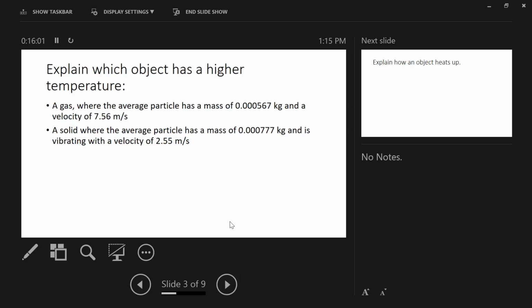It is 7.56 squared times our mass, which is 0.000567 times 1/2. And we get that the average kinetic energy of object A